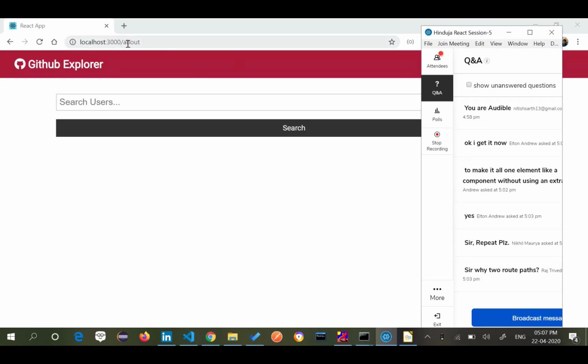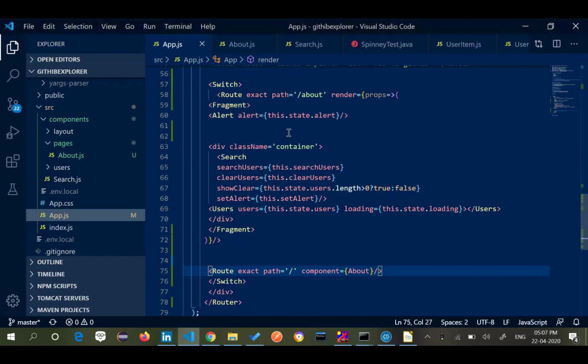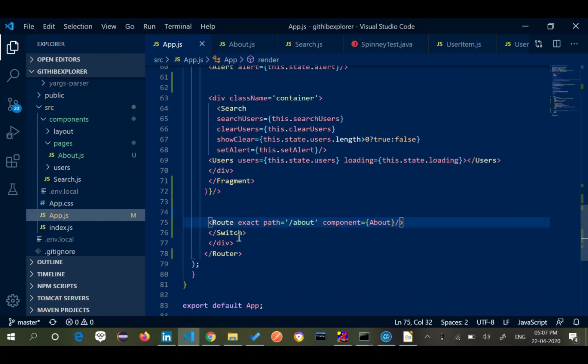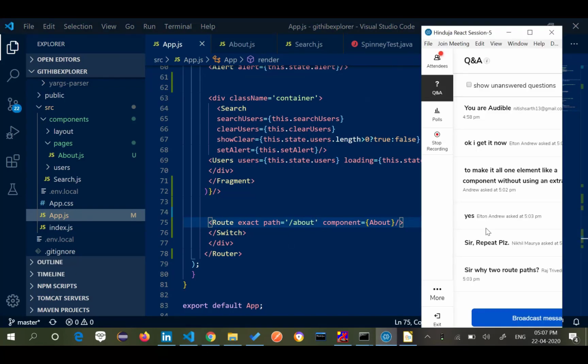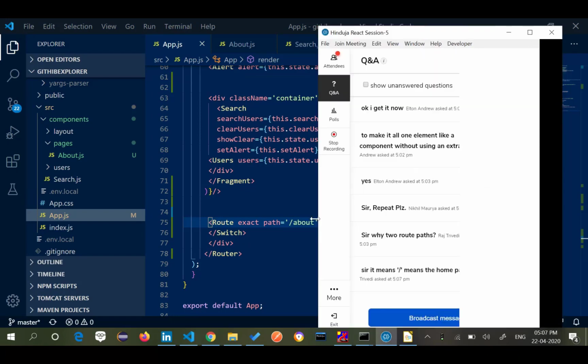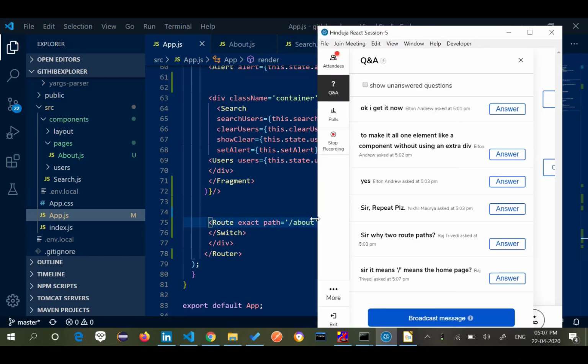Now what we have done here is I wanted this to be my home page. But for my home page, I don't have a single component, I have a combination of multiple components. So I will make use of render, and I will render the components together which I want to display when my home page is called. And when I say route exact slash about, it will say component is equal to about. So when I say slash, it will load just a single component. Are you clear on this point? Slash means home page. That's basics for every website. Slash is home page.